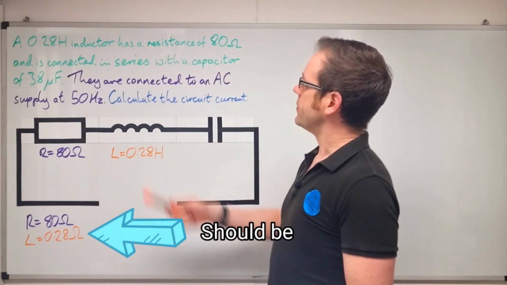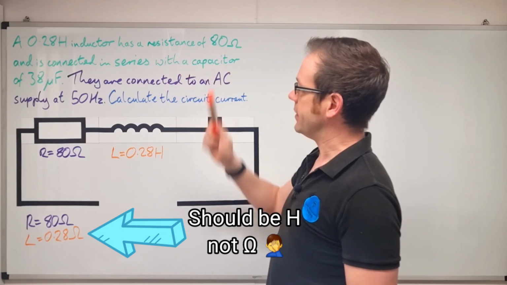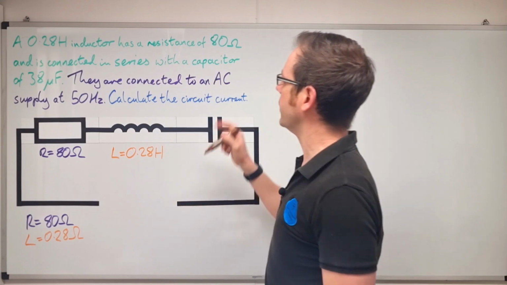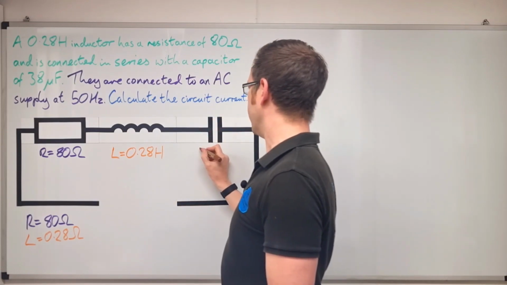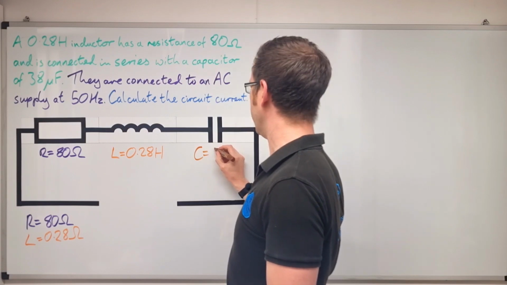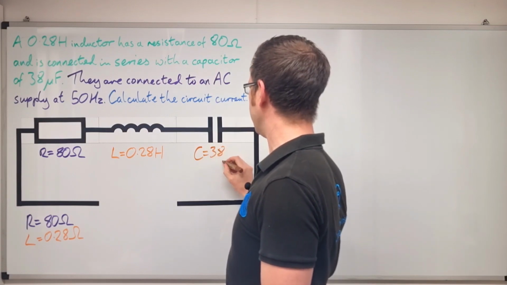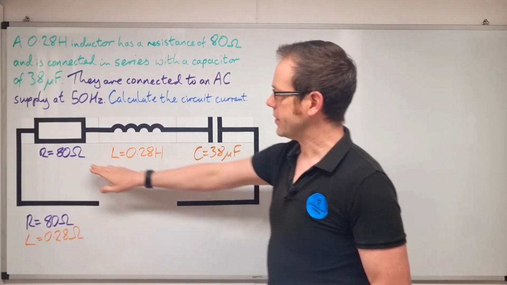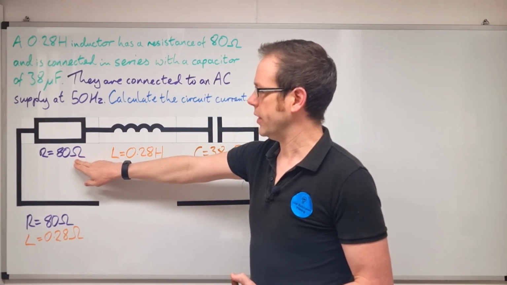And what else do we know about this circuit? It's in series with a capacitor of 38 microfarads. So let's put that on as well. So the capacitor is 38 microfarads. So we put down C is equal to 38 microfarads. Now, at this point, you can see here that we're dealing with whole units of ohms, we're dealing